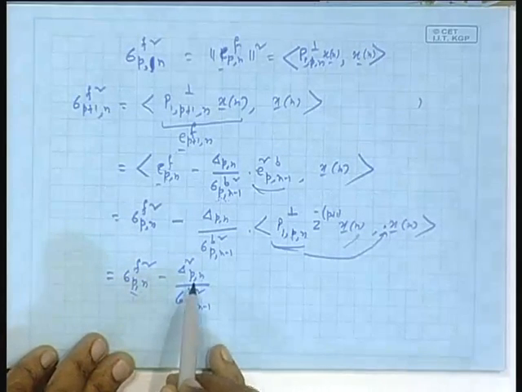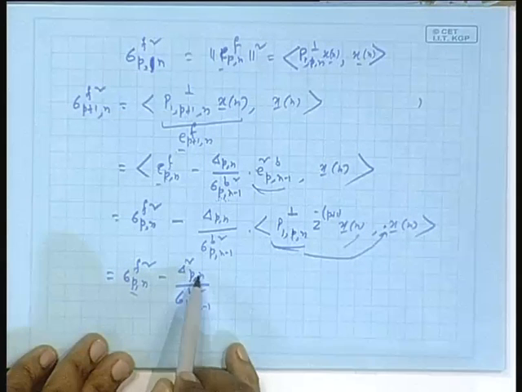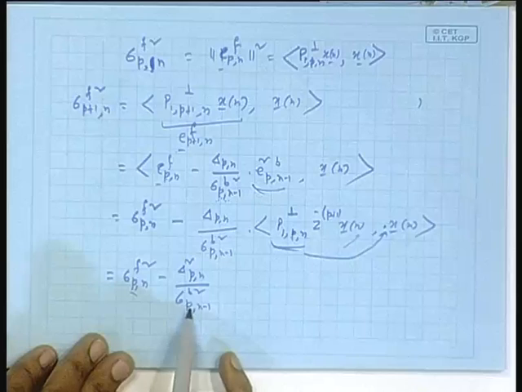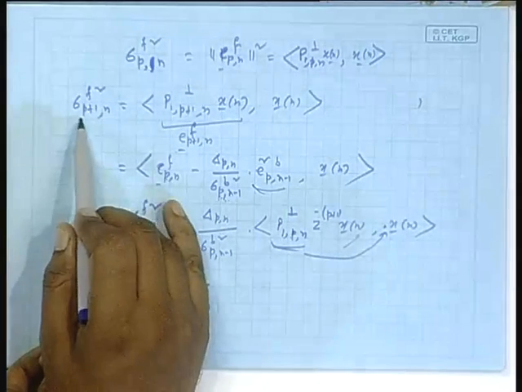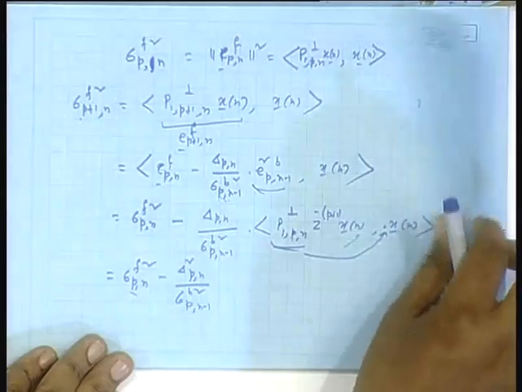Suppose from the pth stage you already know delta Pn. The important thing is you must know this. Suppose you know this, and you know these two norm squares for the pth order stage, you can find out the same thing for the p plus 1 stage. For the forward prediction, in the same manner I can get it for the backward prediction, I will do it in a minute.